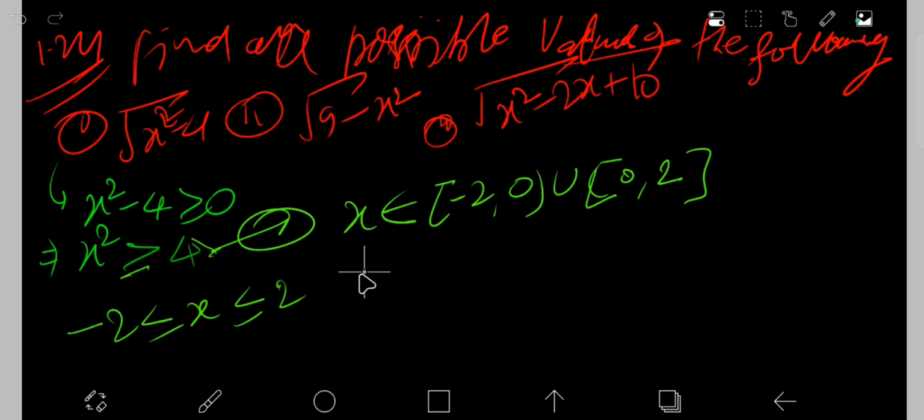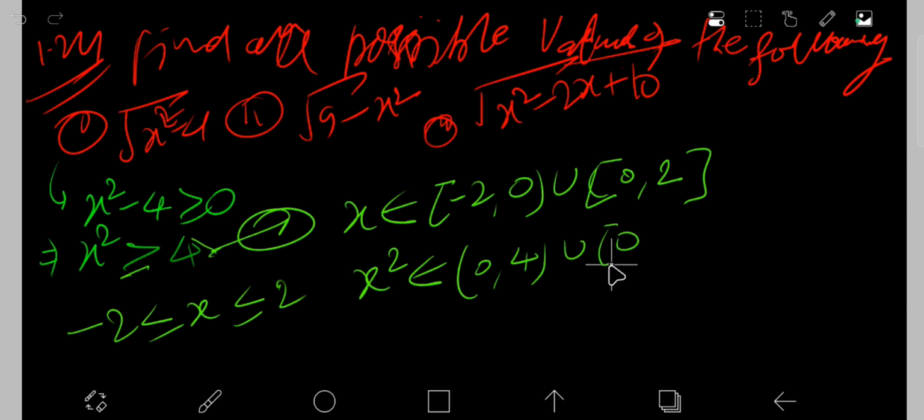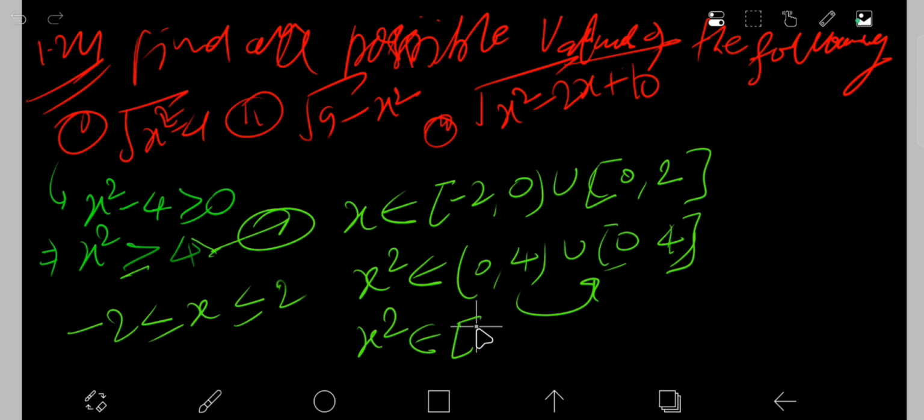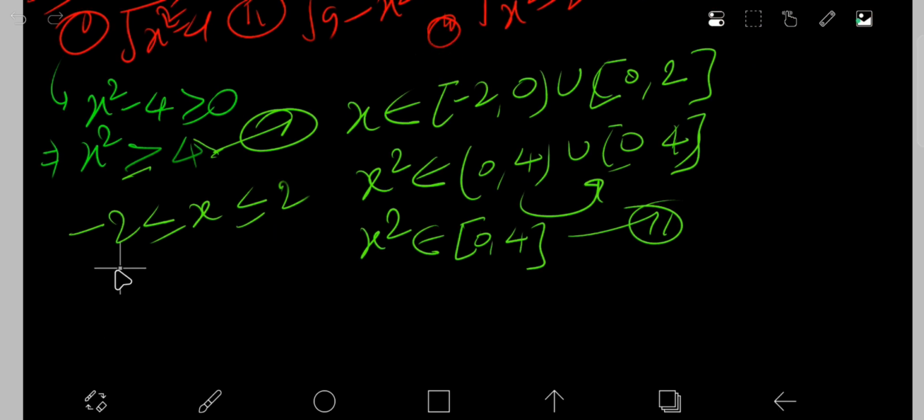When we square this one, we get from here this one, this is 4 now, so 0 to 4 and union this is the closed interval 0 to 4. This is a closed interval. This one is also contained in here because 0 to 4 is an open interval, so this one is contained. So x square belongs to 0 to 4. Also this is the second choice. Now from here and here we see that x is finally now from 1 and 2.